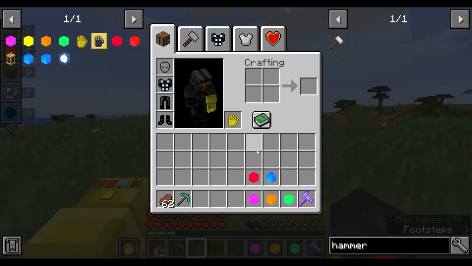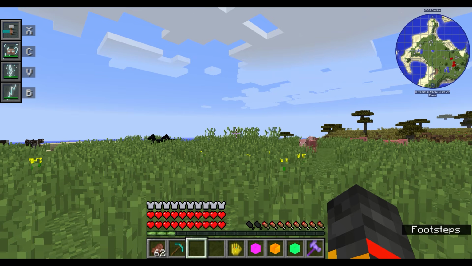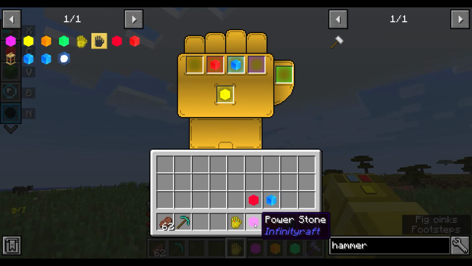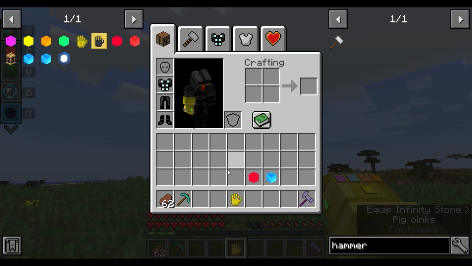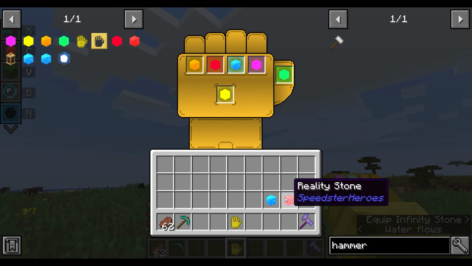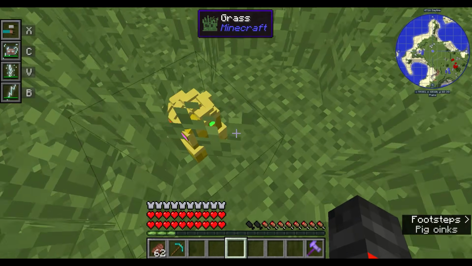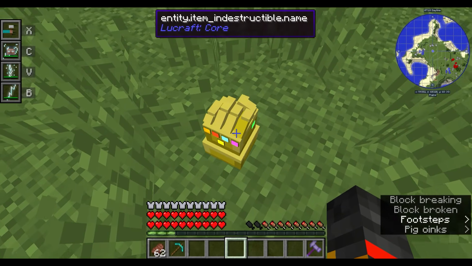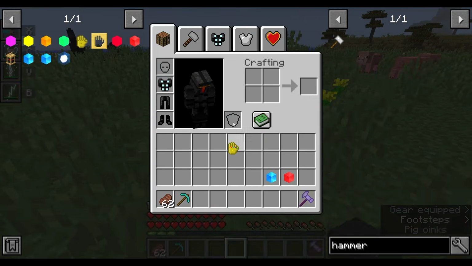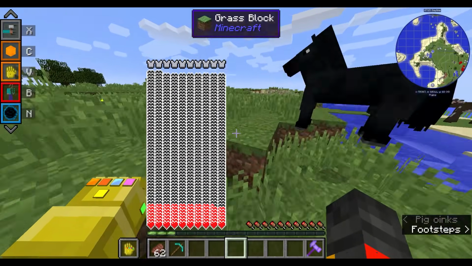So, what the stones do is, if I go power, soul, and time, I'm going to quickly swap back to this one, and I put this here. Oops, well, that's what happens if you just drop it, it comes like that. Now, as you can see, I have this much health because of the soul stone,